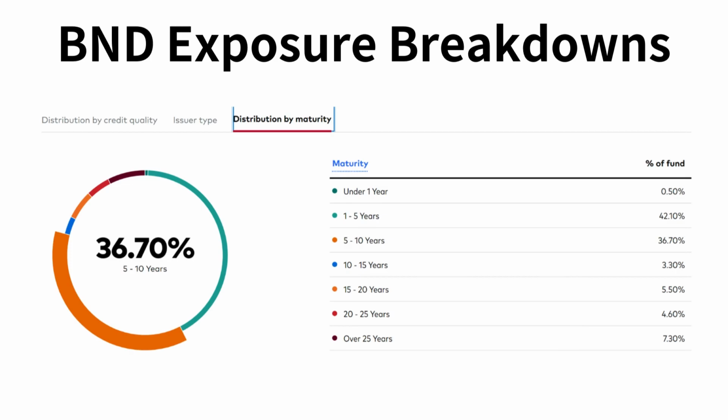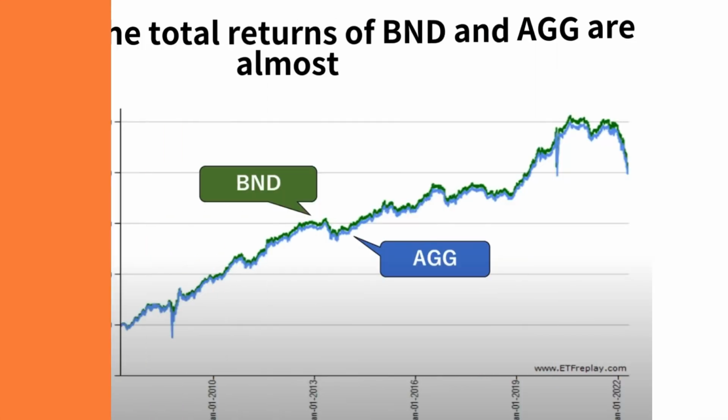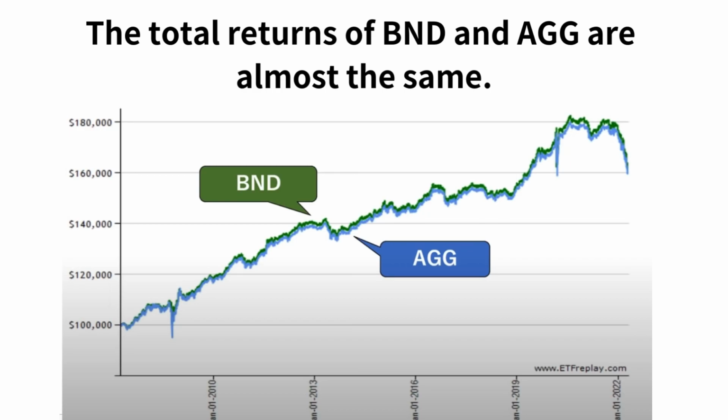Both BND and AGG are ETFs that invest in various bond markets in the United States. These two ETFs aim to pursue stable returns by offering investors a diverse portfolio of bonds. As you can see from the graph, there is little difference between BND and AGG, so there is no problem